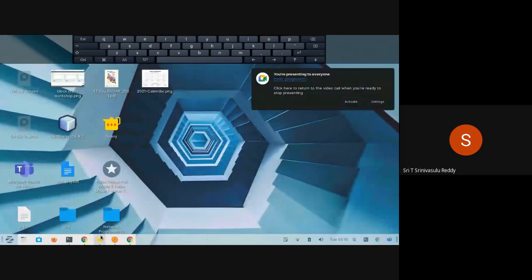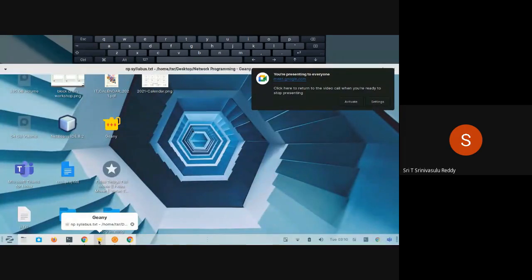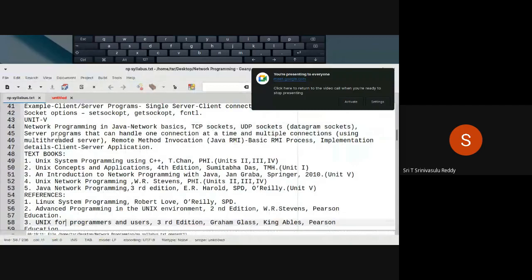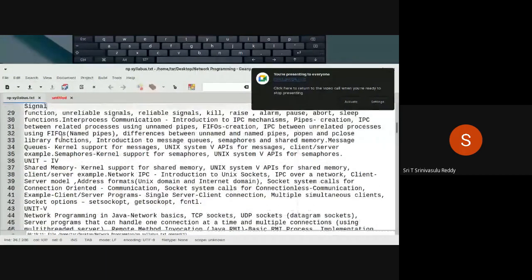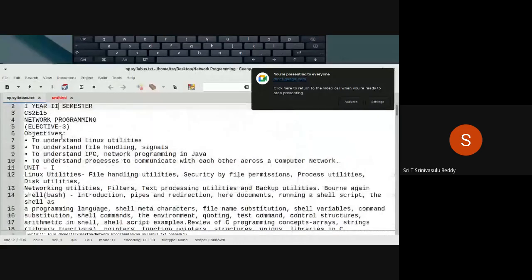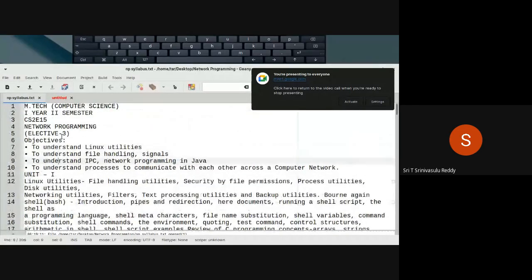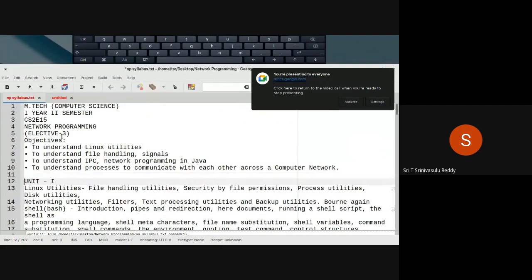Now coming back to the syllabus. That is about the 5 units we are talking about. Let me also make a note of what will be the syllabus for the first unit and what will be the syllabus for the second unit.